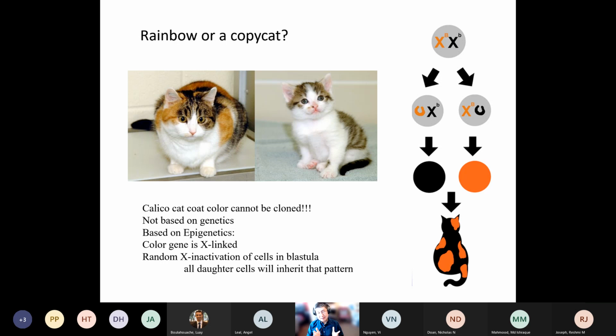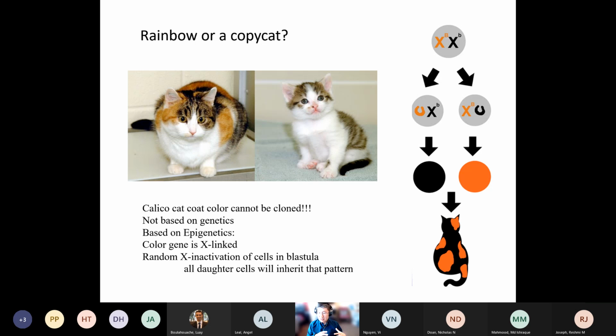Epigenetics is very important for stem cell biology because, whether we're discussing cell differentiation or cell reprogramming, all the events are not on the genetic level. When a cell differentiates from a stem cell toward a terminally differentiated cell, it still shares the same DNA sequence. All the cells have exactly the same DNA sequence.